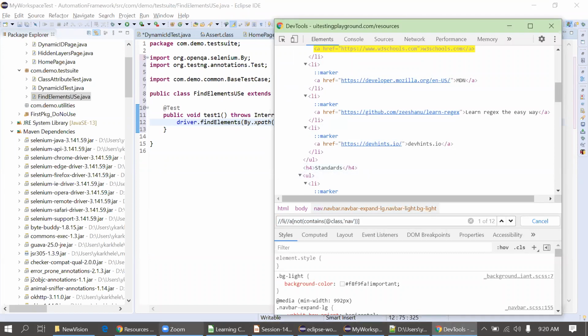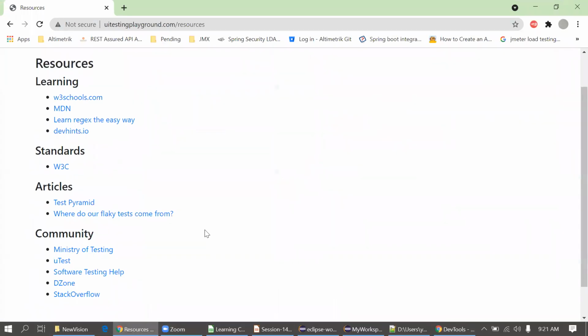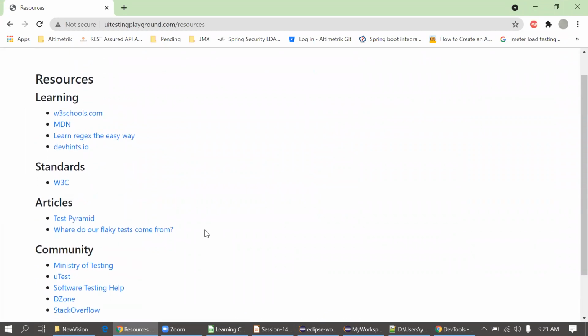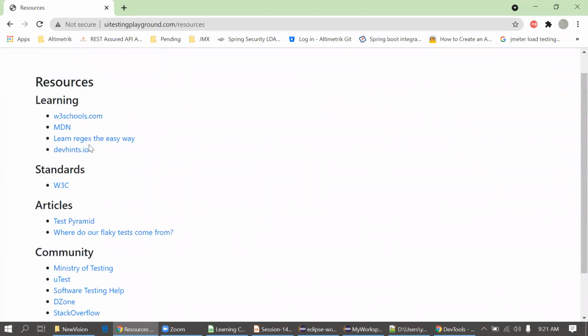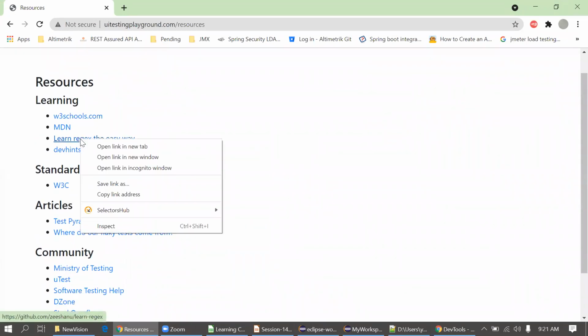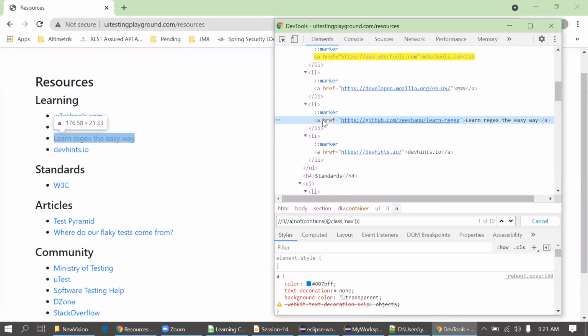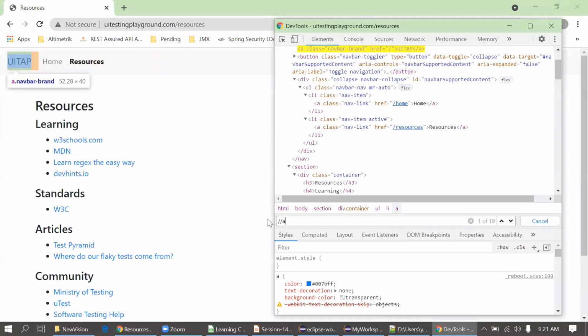So this is the web page. The requirement is that I have to get all the links, and you should know all the links reside in the anchor tag. But if you don't know, that's fine. You can just inspect and look for the tag here. You can see every time a link will be in an anchor tag only. So initially I just put //a. So I got all the 19. Okay. This is also a link in the backend because it has an anchor tag.